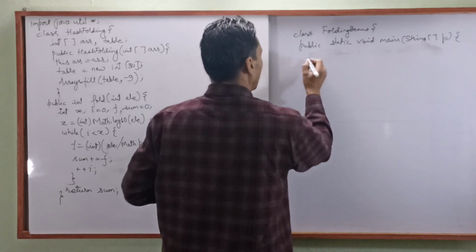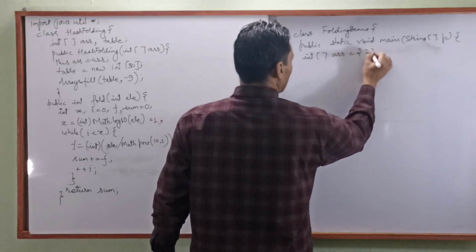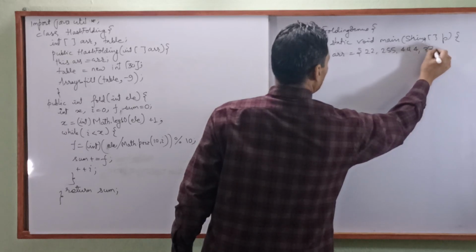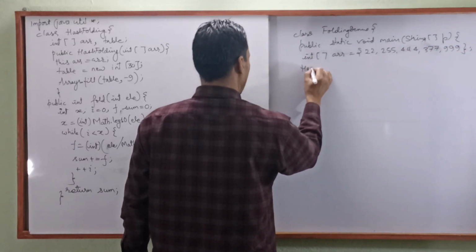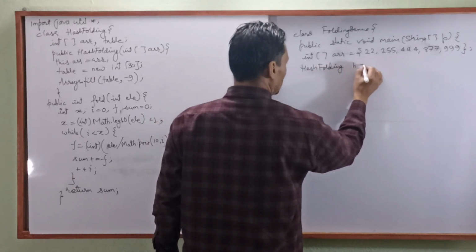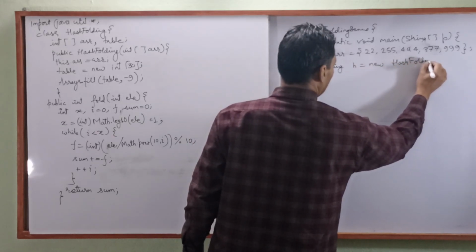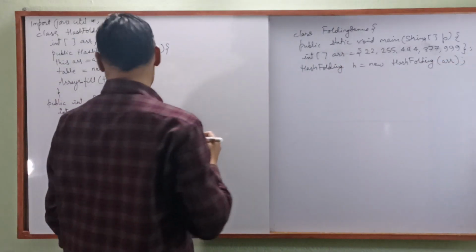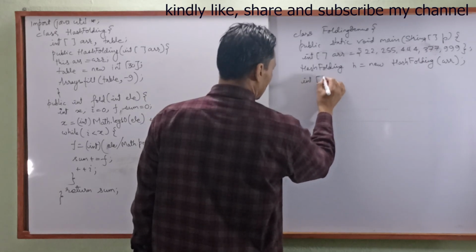Now let's suppose we are having integer arr is equal to 22 and so on, like this. We are having the values. Now we can declare hash folding h is equal to new hash folding. Now we have to pass this array. Simple. Now what we have to do is declare another table,